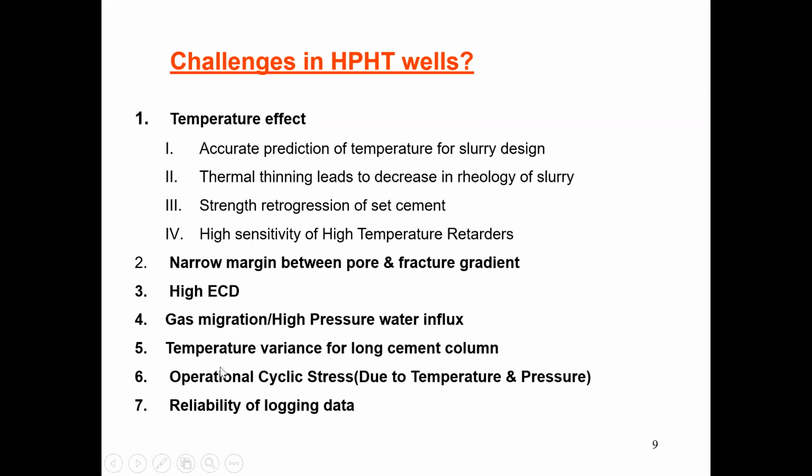Temperature varies. This is point number 5, you note. Temperature varies because in the column, suppose I am taking a rise of 1000 meters of casing in the production casing, the top of the cement will be exposed against the formation, which is at lower temperature. So the temperature difference is also important.